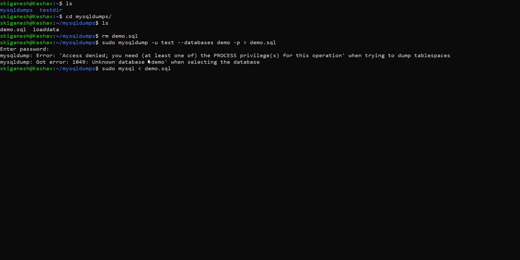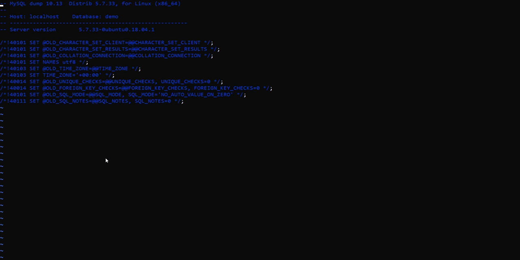This is the database dump which I already have. I'm going to execute this command. This got executed. Since we do not have any file in this location, we will check the file.